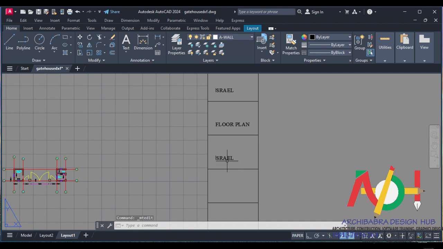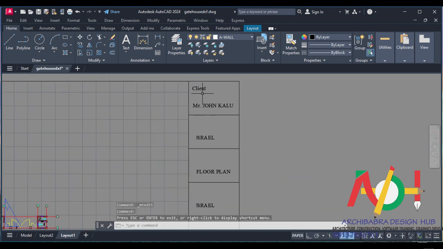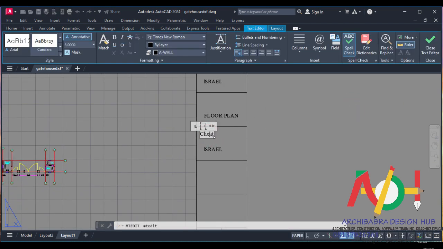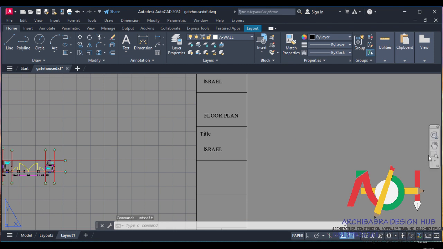Fine. Now maybe here you want to talk about any other thing. That's why you just have to keep changing it. Then you can copy this one that is client, copy, and then drop it here. And if you want to change the information here, let's say title of the job, title of the sheet, and that's all. So that's how you keep on changing the information until you've achieved what you want